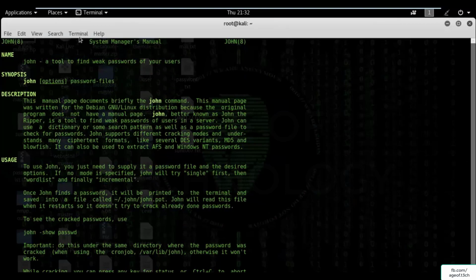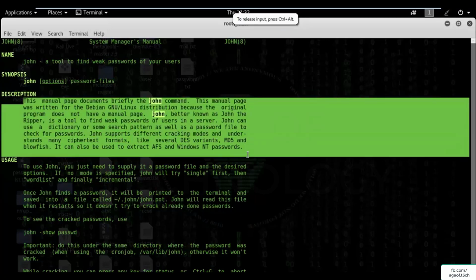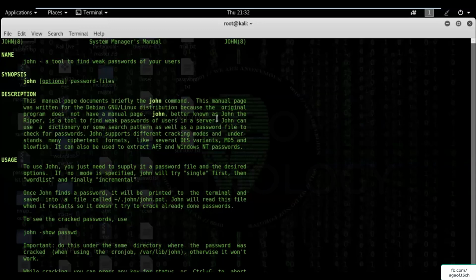Now what is John? John is a tool to find weak passwords of your users. What is the command? Type john space the password file name. What is the description? This manual page documents briefly the john command. This manual page was written for the Debian Linux distribution because the original program does not have a manual page. John, better known as John the Ripper, or JTR, is